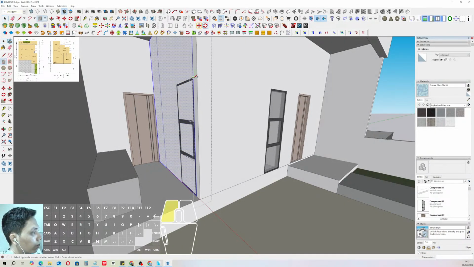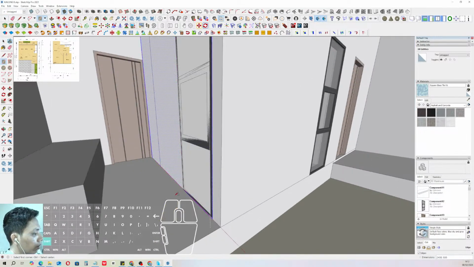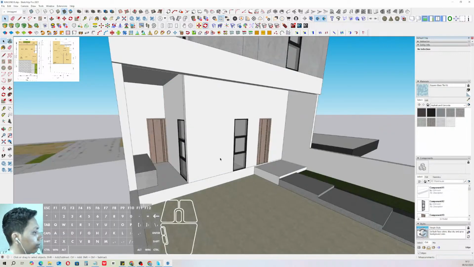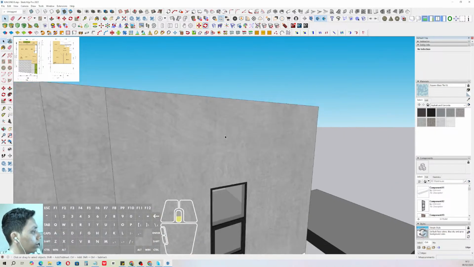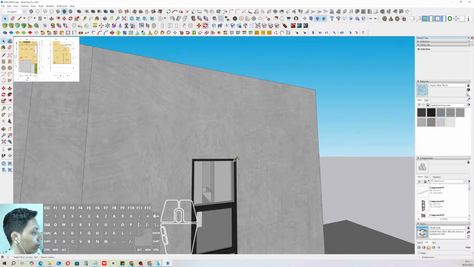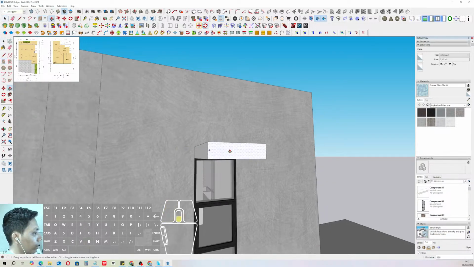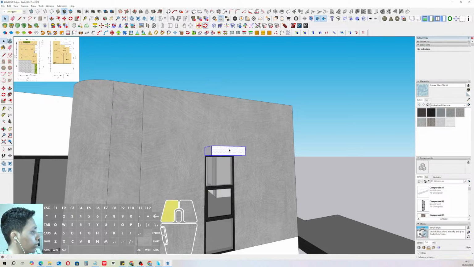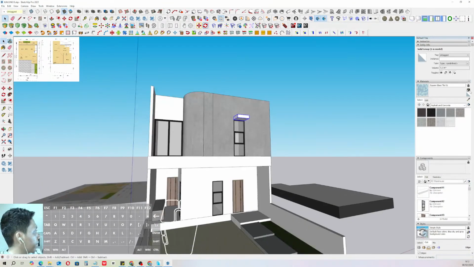Okay, now we can make the openings again in here. Okay, now we can make this is the facade,